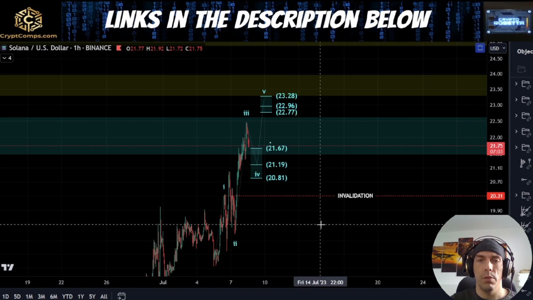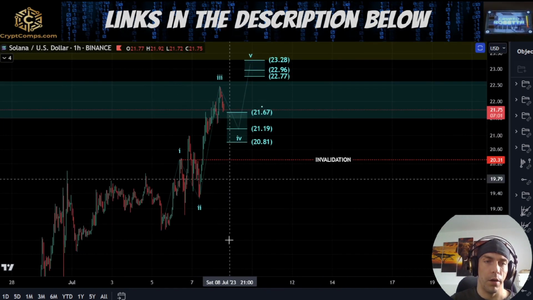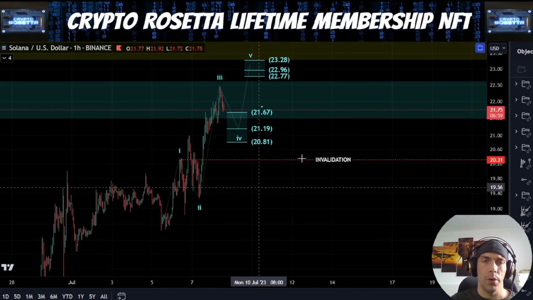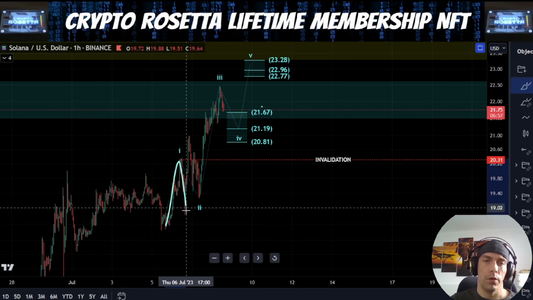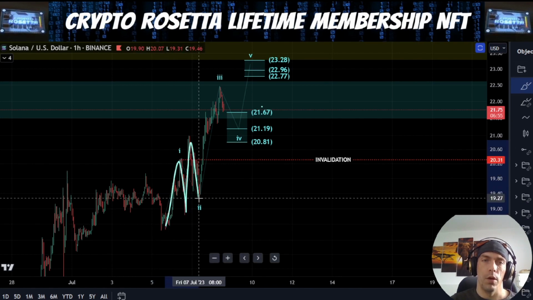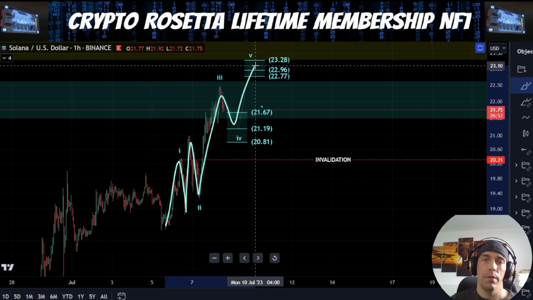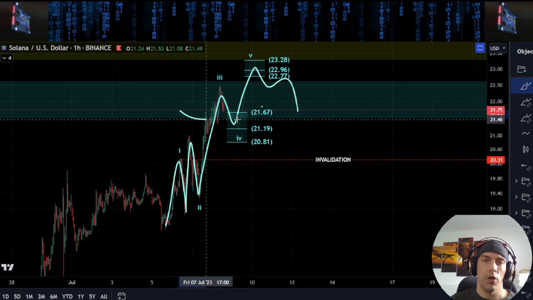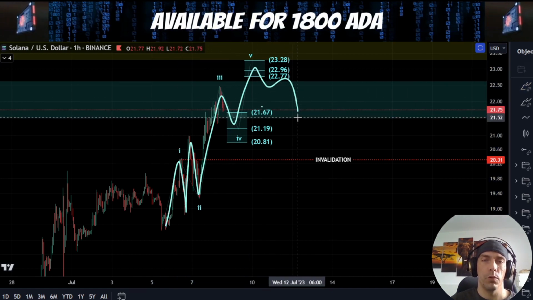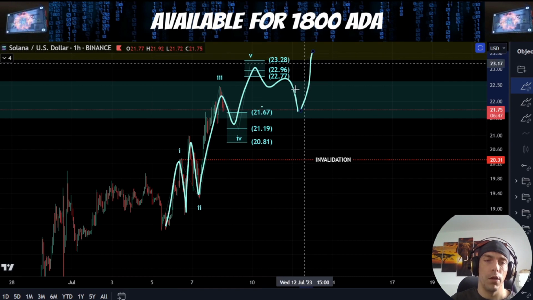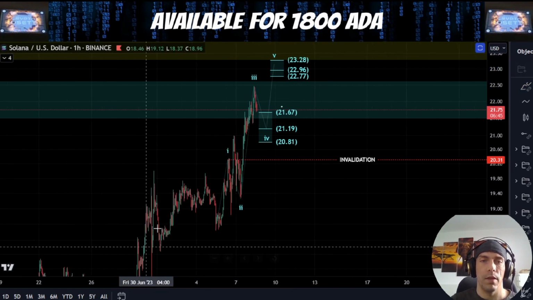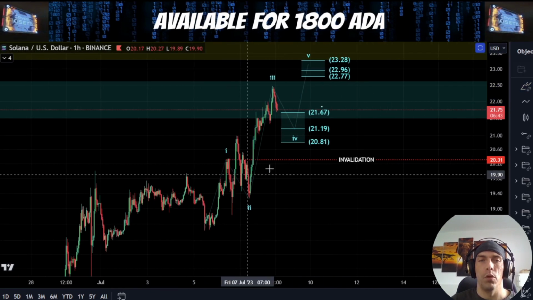is because there's so many ways we can count this move up currently, we need to just be very careful because this could be 1, 2 here. We could argue this is another 1, 2 here. Then we get 3, 4, 5. Then we get an additional fourth, which holds this previous fourth wave area, and then a continuation up. The problem is if we start doing that, then it starts being more likely that we have a bullish count